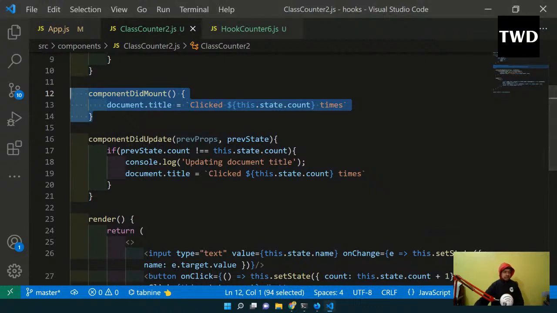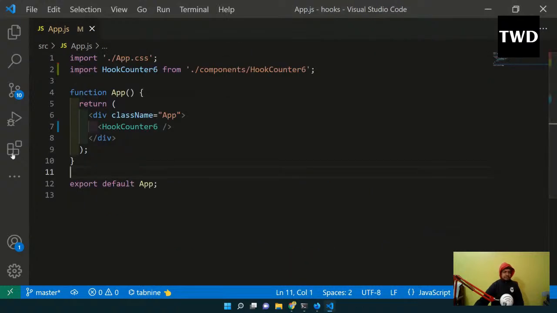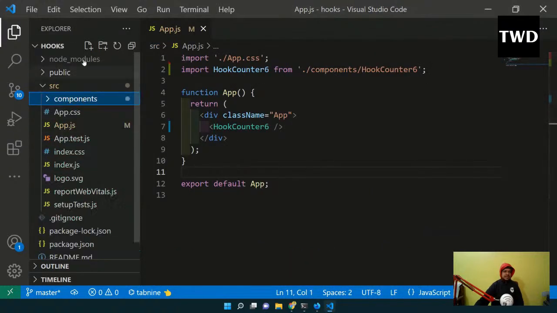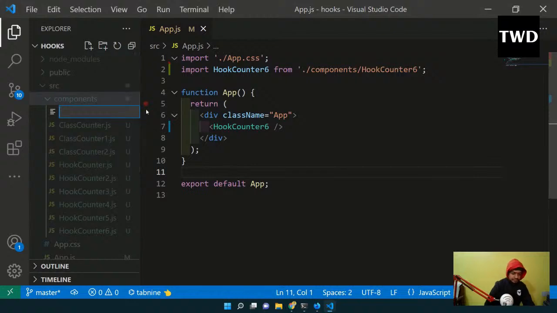It will only run the componentDidMount, meaning it will only run once, not more than that. Okay, so we are going to do that, and for that again we are going to see a class based example first. But we have done enough of counter for the day. I could have done it with counter, but we are going to look into something else, and we are going to create a class